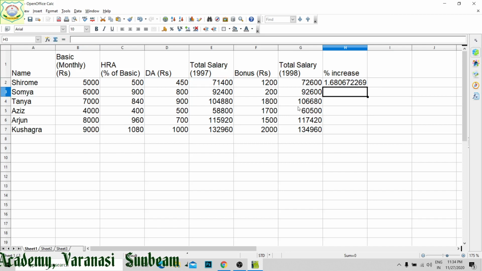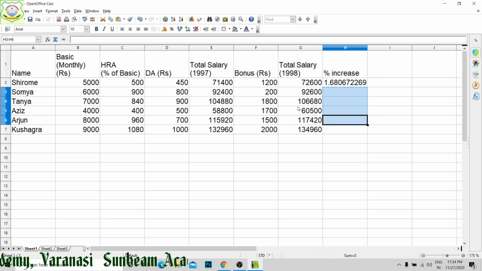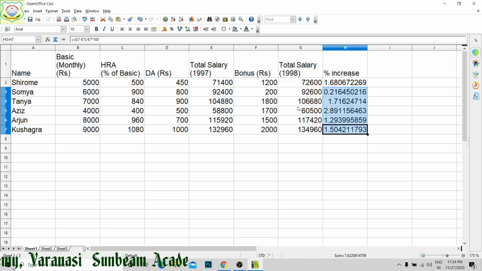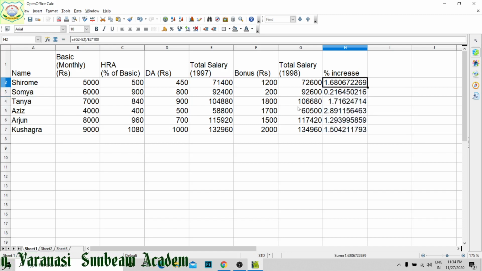This is 1.6% increase has been done. Now I am going to copy it and paste over here. This is this much percent has been increased, right? By this we can see the activities.